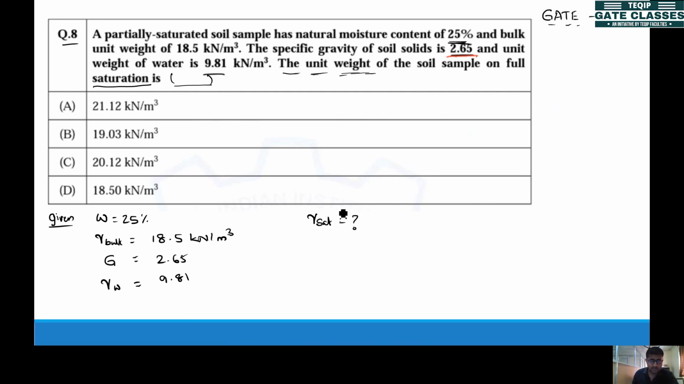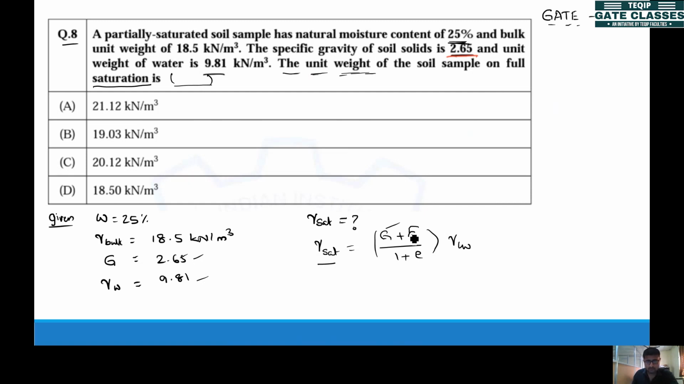How do we find gamma sat? I guess we have derived an expression for gamma sat, right? You're supposed to remember it, it's not a big deal. If you try to solve more questions, this will automatically stick in your head. This is the expression: gamma sat, the unit weight of saturated soil, is G plus e by 1 plus e times gamma W. This is required. Now gamma W I have, which is 9.81, and G I have, 2.65,